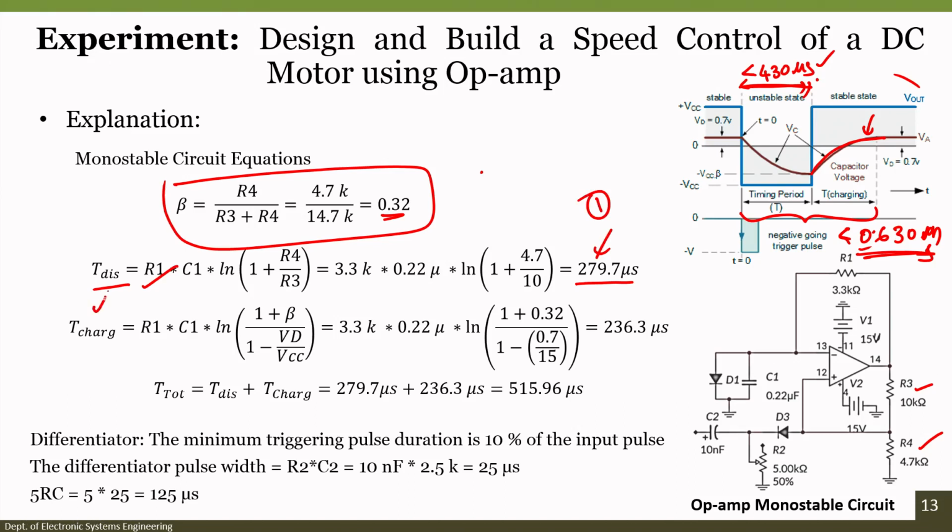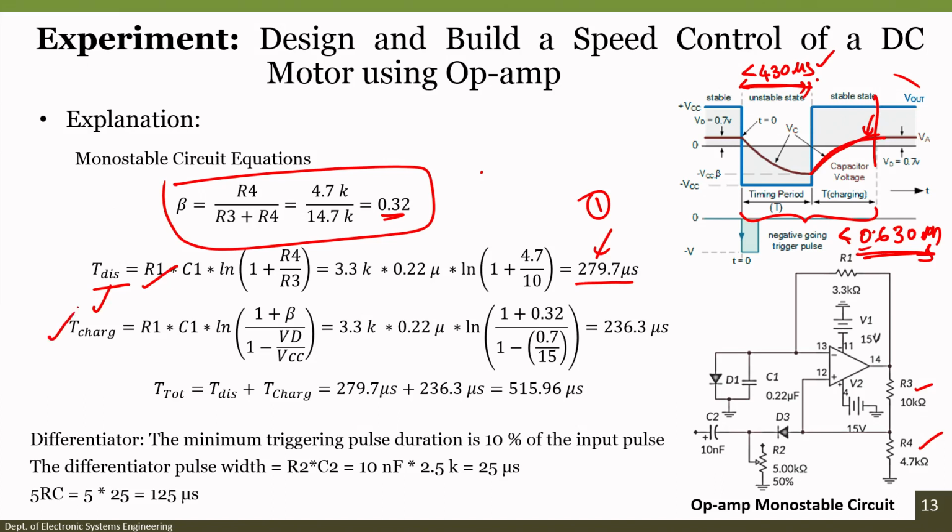The other one is that the total time, including charging, should be smaller than 630 microseconds. So, to understand the total time, I also want to know the time for the capacitor to charge, because before this signal I should not get the next encoder pulse. If you miss this particular charging time, there are chances of getting errors because you are not providing enough time for the capacitor to charge.